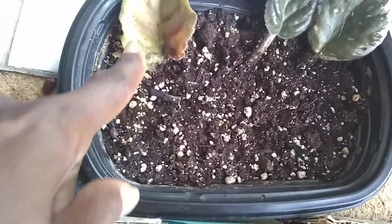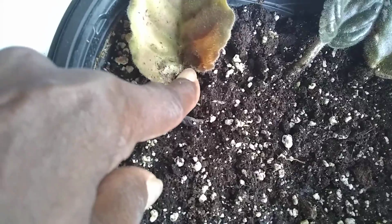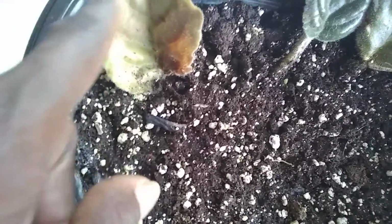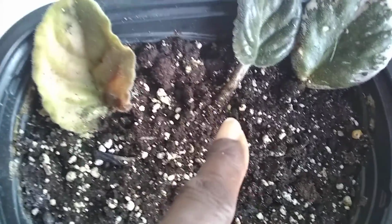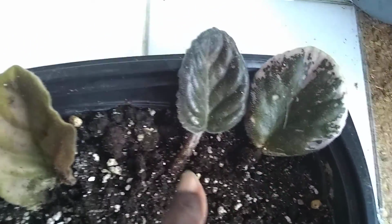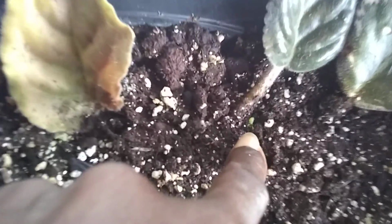Now I've lost a good amount of these African violets. This one I don't know if it's gonna make it. It's got some brown right there. I mean, it's yellowing. I think it's finally, I don't know. We'll see. I'm not gonna say it. But this one here is status quo. It's just the same. This one here, on the other hand, and this down here,